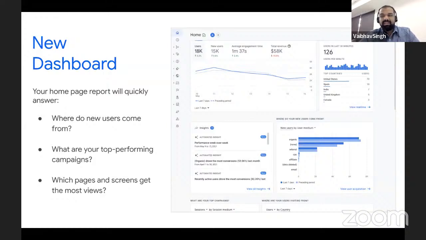And last but not the least is what pages are trending, what screens are getting the most traffic. This was a major, I won't say drawback, but we had to put a little bit of effort to identify what pages and screens are getting the most page views. Now, this is available to you at first glance of your dashboard. So even after publishing, a small difference between a post or any older post which has been trending, this not only gives you immense depth into your data, but also helps you take certain decisions which you could integrate inside your website.